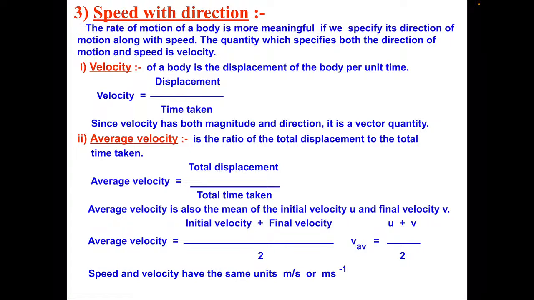So in whichever direction the object is moving, velocity will tell us about that. Velocity will be displacement upon time. As you can see, velocity has both magnitude as well as direction, so it is a vector quantity. Or we can say vector quantities are those which have magnitude and direction. Okay, next is average velocity. If I talk about average velocity, it will be the total displacement